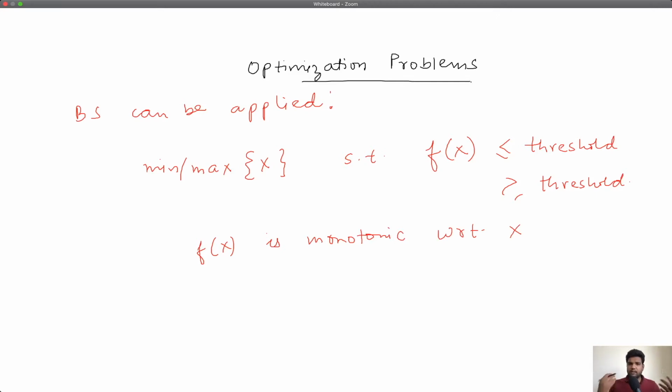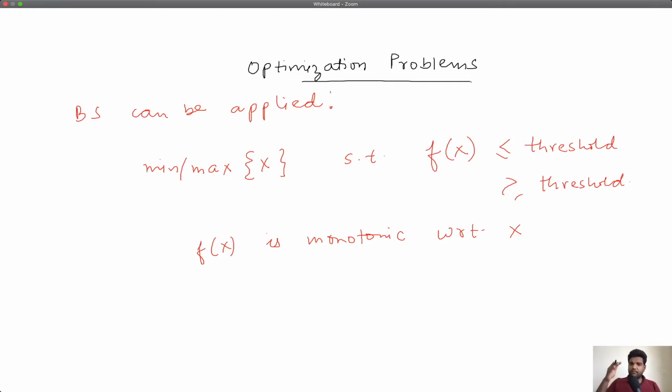So in one of the previous videos, I just told you at a very high level that binary search can be applied to the following type of optimization problem, a problem wherein you are expected to minimize or maximize X under the conditions that some function of X needs to be below a certain threshold or always above a certain threshold.